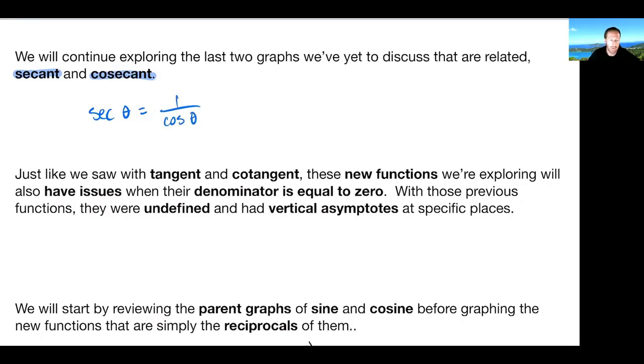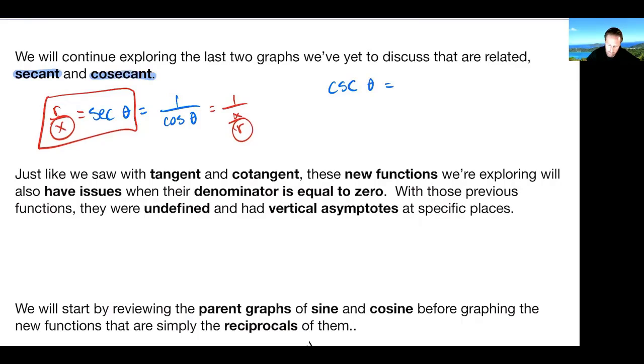And since we know secant is just merely the reciprocal of cosine, which is always the x over the r, then we know that secant is merely the r over the x. And so we'll get into that and the fact that we will now have issues in the denominator, unlike cosine previously. And also cosecant,